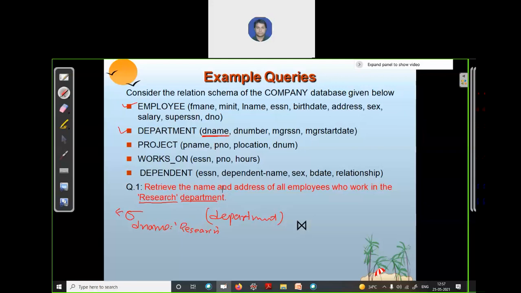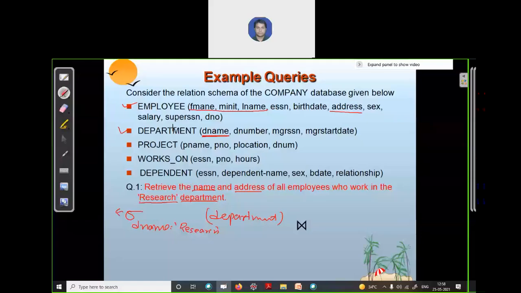Okay, now we want the name and address of the employees who work for the research department. So how can we find the name and address? The name and address are attributes of the employee relation. So we need to join these two relations, employee and department.